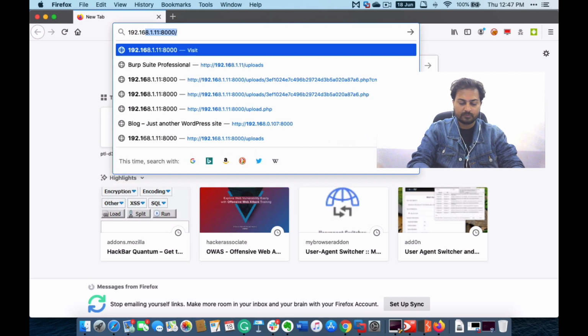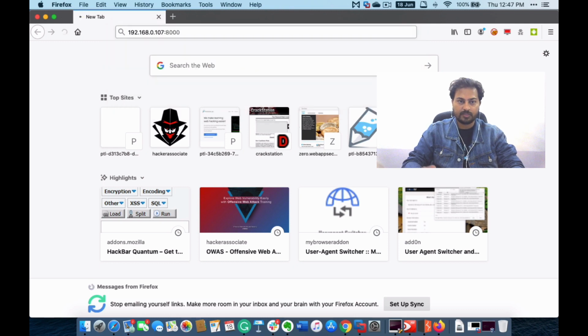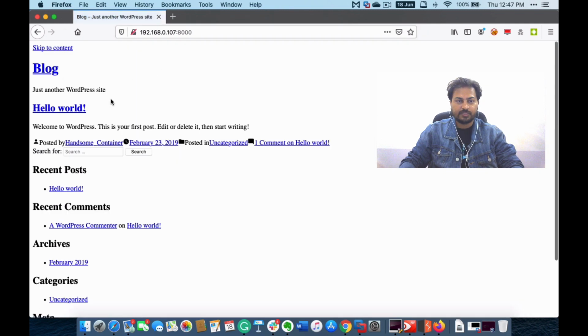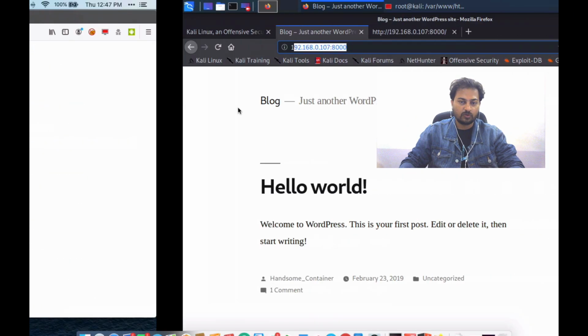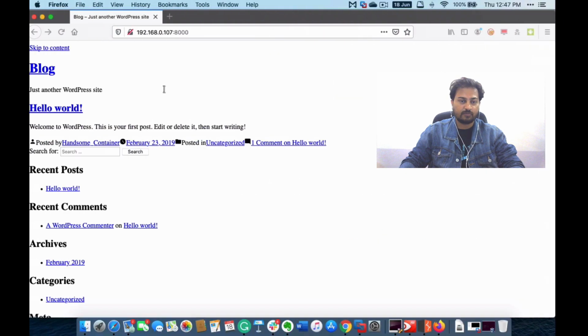For example, 0.107:8000, enter, and you can check here, right? You can see it is in broken pieces. I'm not able to see it properly. But on the other hand, if you go to Kali, you can see I'm able to see everything in a proper manner. So why am I getting this output in Kali Linux, and why is it different